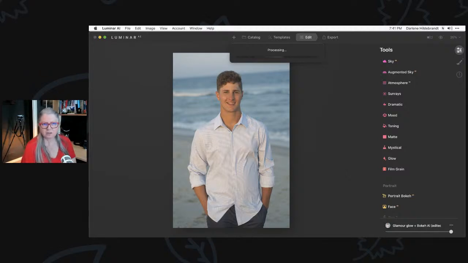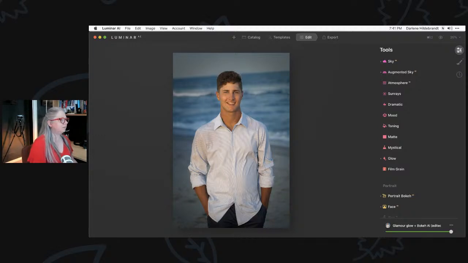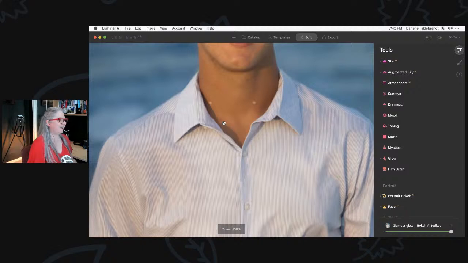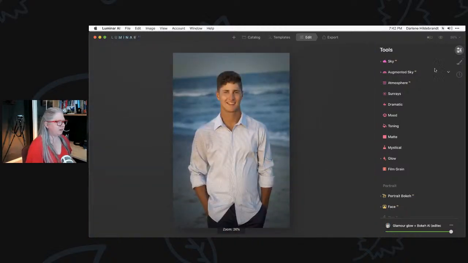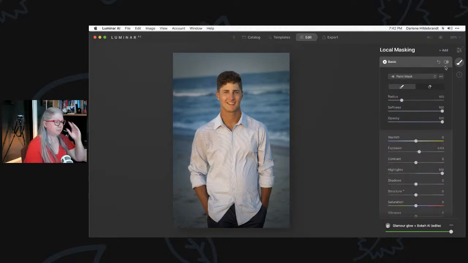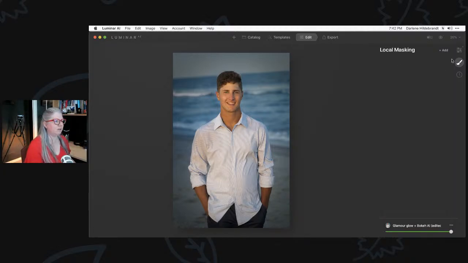Let's see. Oh, look at that. Okay, so he's got some catch lights on his neck. So it looks like he's been bit by a vampire. So we're definitely going to want to turn that off. And I think he's got better catch lights on his eyes on this one. So I would do a little bit of tweaking here, but other than the mask around his head and the sky in the background being a little too dark, it's actually not bad. So just from one click,